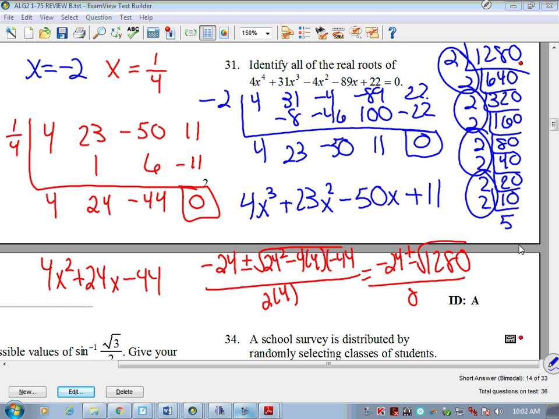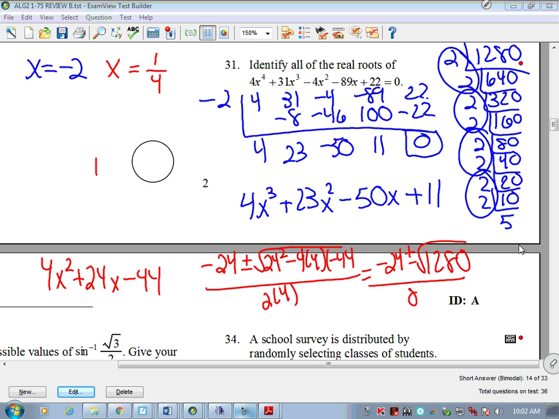We got 1, 2, 3, 4. That's 2 times 4. Or sorry, it's going to be 2 times 2 times 2, which gives 16. So it should be 16 radical 5. Okay, so what I'm going to do here is erase part of this, this guy right here, and bring up: we've got negative 24 plus or minus 16 radical 5